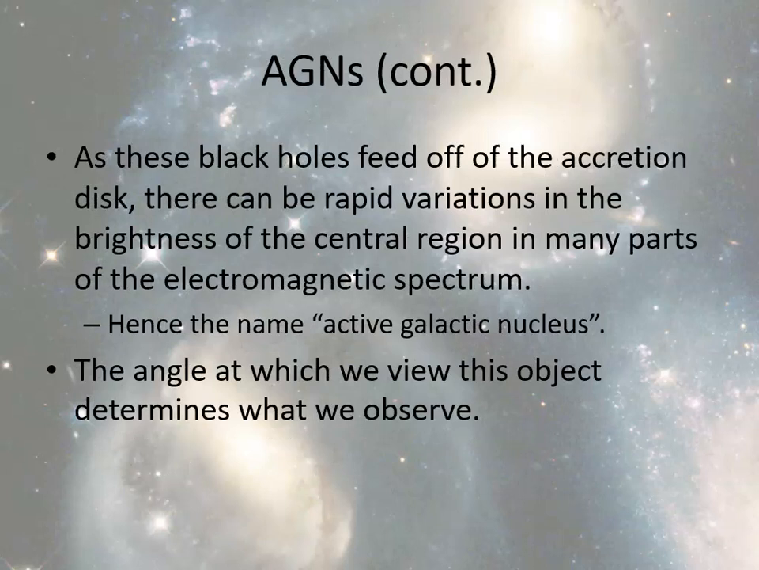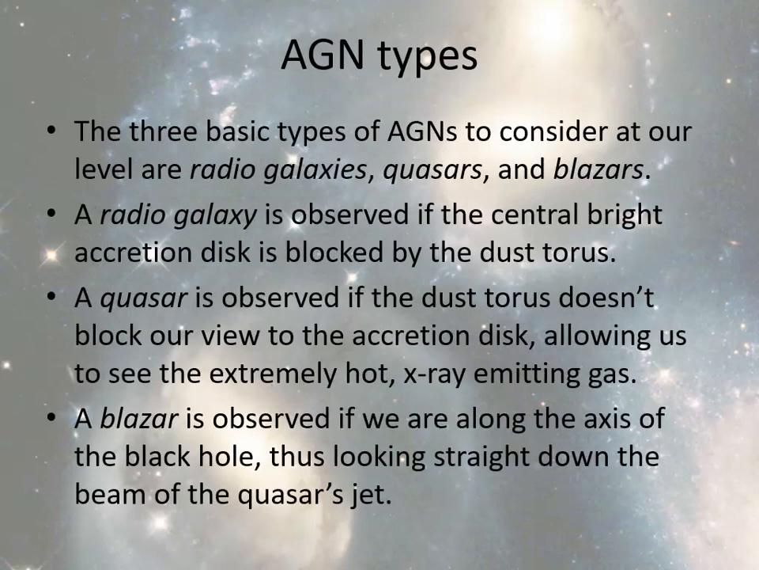So in any case, you're dealing with a situation where you have a black hole that is actively feeding, hence we call it an active galactic nucleus, but the angle at which you observe this is what actually determines what you see. So there are three basic types that we consider. We consider radio galaxies, we consider quasars, and we consider blazars. And this unified model has come to the conclusion that generally speaking, most of these things are the same general